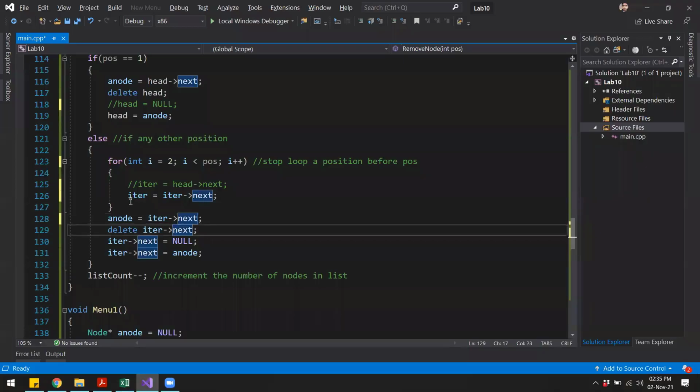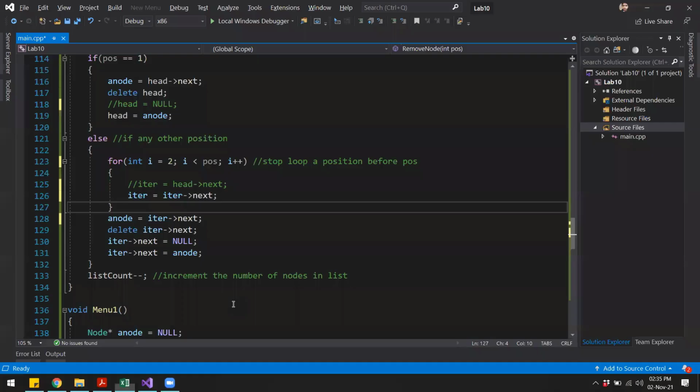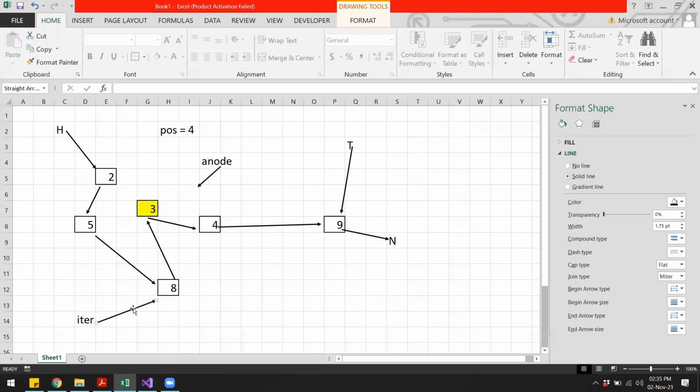Okay, so when the for loop ended, right, this was the state of the linked list. Then we are saying you make inode point to iterator arrow next. So iterator is this. The next of the iterator is this one. So you make inode point to the same location where iterator arrow next is pointing to. That means inode will now point to the node that we want to delete. Okay.